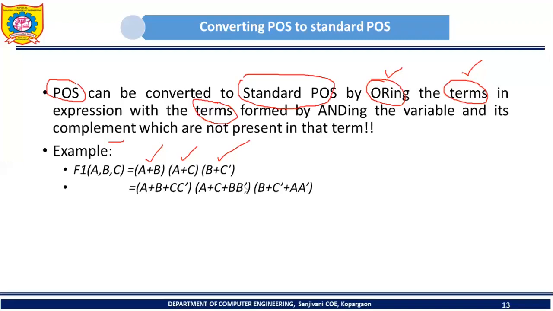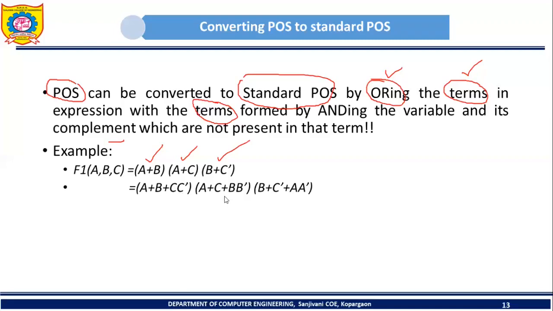So you may think that we are changing our logical expression. Think on this point: whether these two logical expressions are equivalent or not. Yes, these two logical expressions are equivalent. Why? Because consider this term C into C bar. What does Boolean algebra say? C into C bar will always be 0. Let's assume that C is 1. Then C bar will be 0, so 1 dot 0 will be 0. Now let's assume that C is 0. What will C bar be? It will be 1. So 0 into 1, the result will be 0.